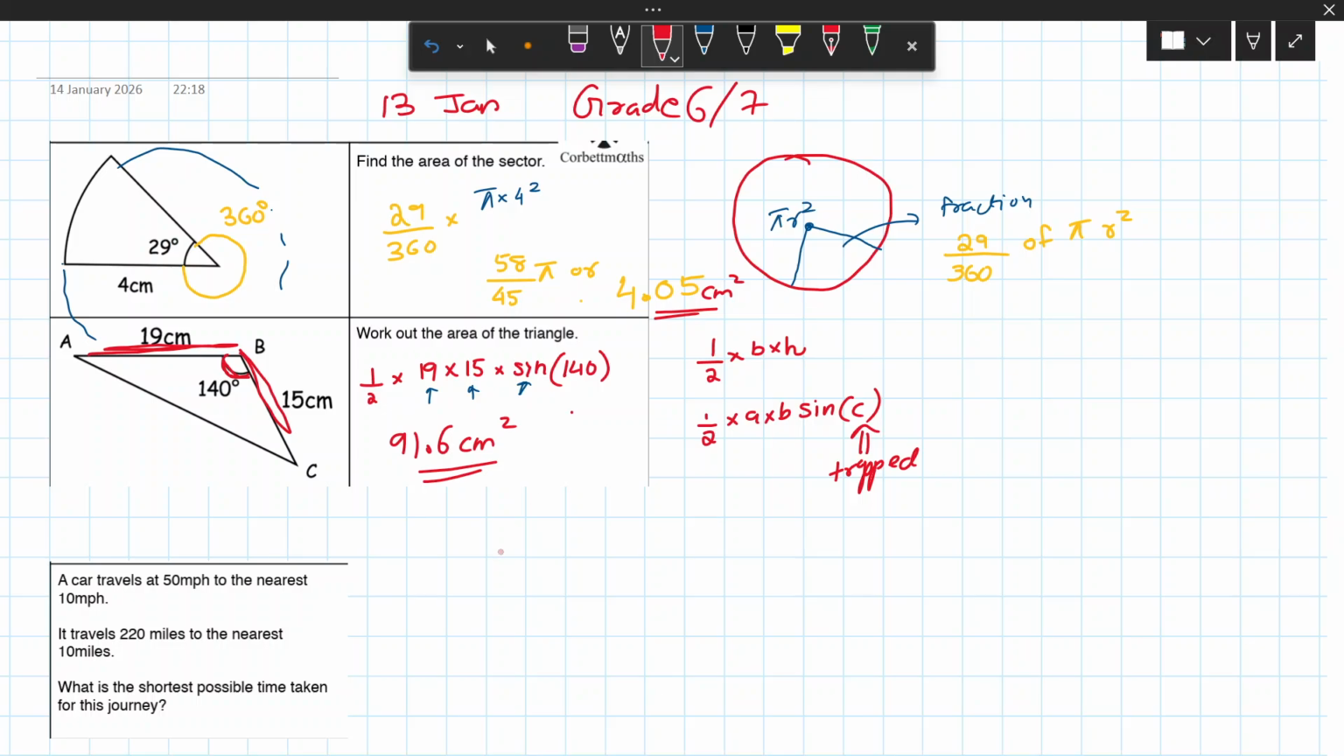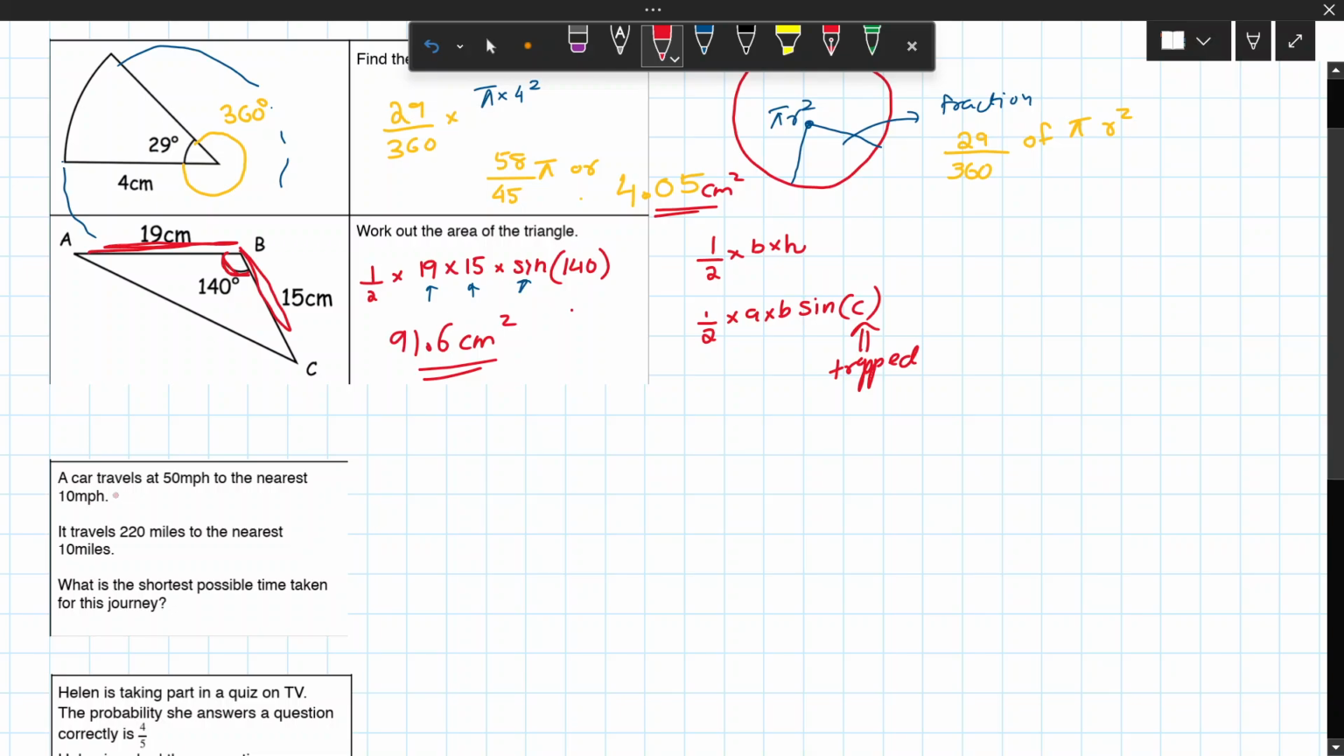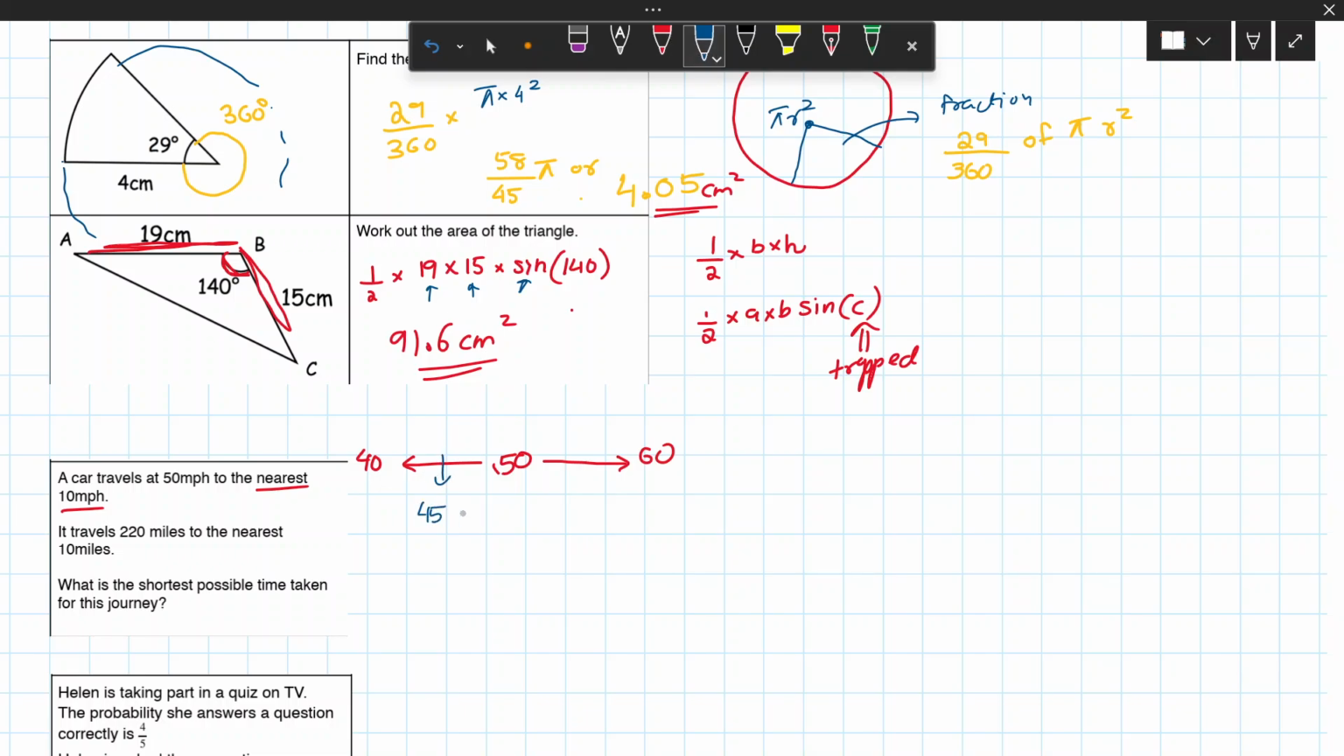Next one, we've got a car that travels at 50 miles an hour to the nearest 10 miles per hour. Whenever I hear this, I know we're talking about error intervals. So let's first write that. I know it's 50 miles per hour, but it's to the nearest 10. So I've got 60 to the extreme right and then 40 to the extreme left, which means my error interval bounds are midway of these. So that would be 45 less than or equal to speed less than the upper bound,